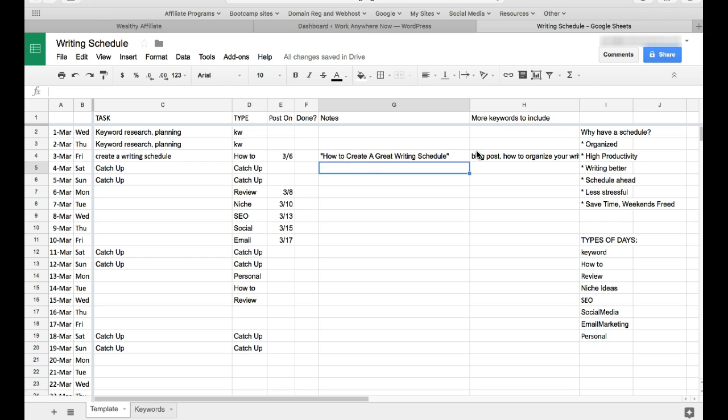Okay, and so your notes can also include other things. There you go. Command return for the MacBook. So I might want to say add video, like kind of things to do for your post, like add video or other notes like, oh, include